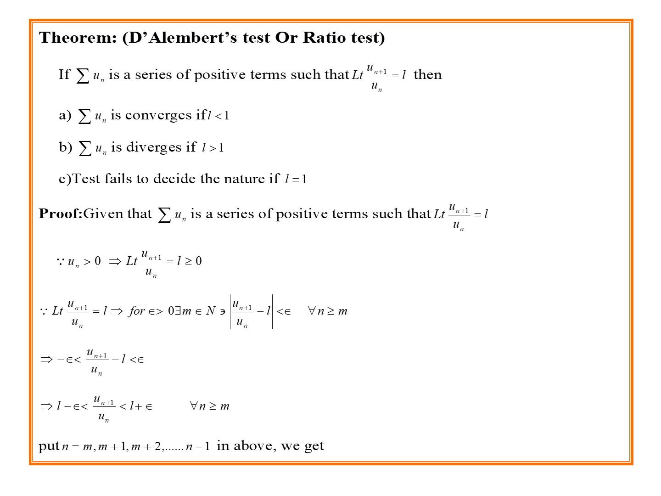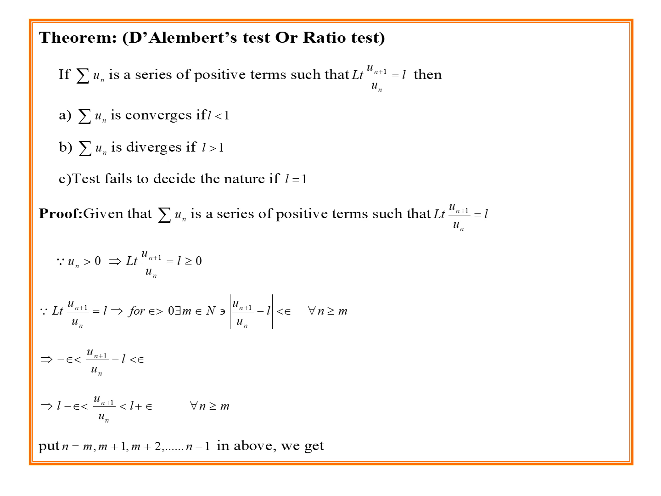Proof: given that sigma un is a series of positive terms such that limit of u of n plus 1 by un is equal to L. That is already given in the statement. Since un is greater than 0, that implies limit of u of n plus 1 by un is equal to L, which is also greater than or equal to 0. Since limit of u of n plus 1 by un is equal to L, by the definition of the limit of a sequence, it can be written as: for each epsilon greater than 0, there exists m belonging to N such that mod of u of n plus 1 by un minus L is less than epsilon for all n greater than or equal to m. That implies, modulus means plus or minus,